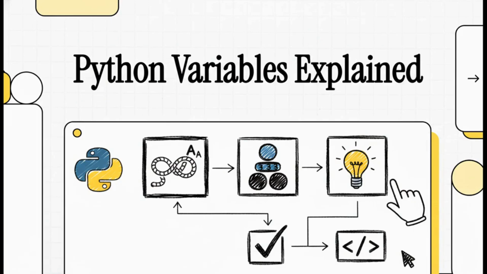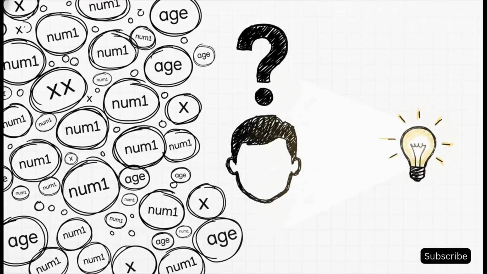All right, let's talk about the #1 reason people give up on Python. It's just one word: variables. But don't worry, in the next few minutes we're going to completely demystify this so you can finally start coding with real confidence. I mean, you see stuff like x, num1, age, and it's so easy to just feel completely lost, right? But I promise you, by the end of this quick explainer, you're going to master this whole idea even if you've never coded before. Python is about to feel simple, logical, and, dare I say it, actually fun.